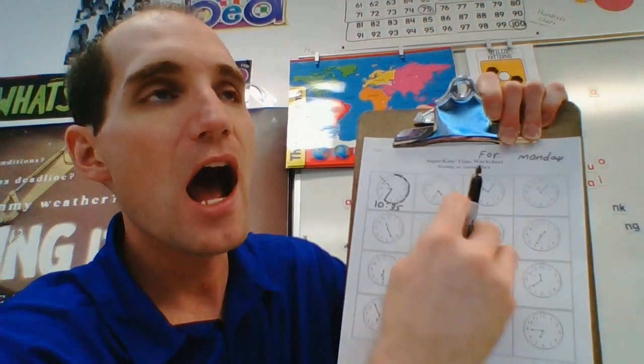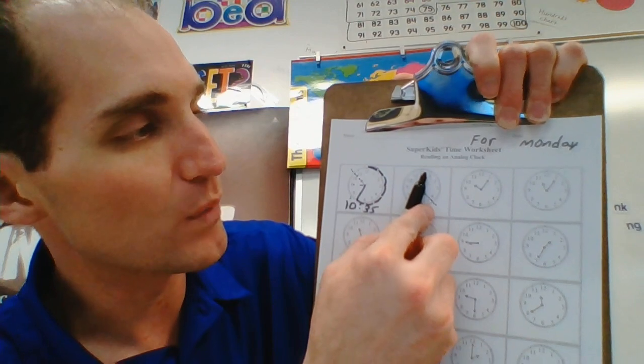So here's the shorthand. I'm going to continue it on out so I can take a look. The shorthand is between the 4 and 5. I have to think, will I write 4 or 5? I'm going to write 4 because I go backwards to the last o'clock. I go back to the shorter number, unless it's between 12 and 1, then backwards is to the 12, even though 12 is a bigger number than 1. So between 4 and 5, I'm going to go backwards to the 4 and write that with 2 dots